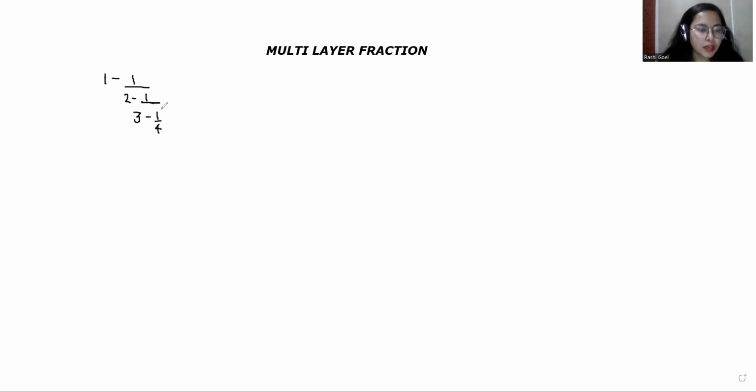So our first step is to take the lowest part, that is 3 minus 1 over 4. So I'm going to solve it as 3 minus 1 over 4. So I'll take the LCM. This is 12 minus 1. That is 11 by 4. So in place of 3 minus 1 over 4, I can write it as 11 by 4. So we know the identity that 1 over A by B is always equals to B by